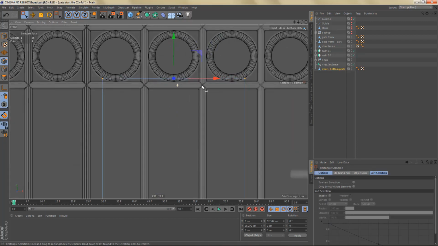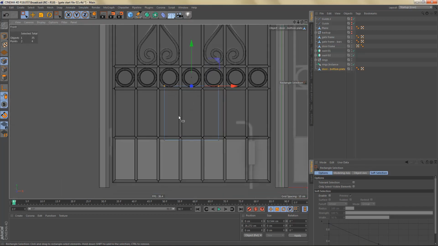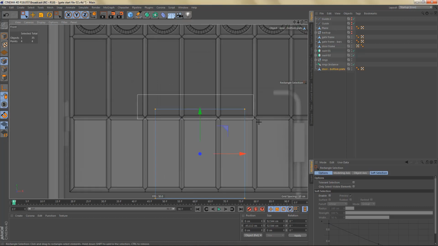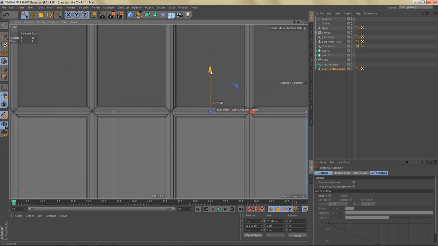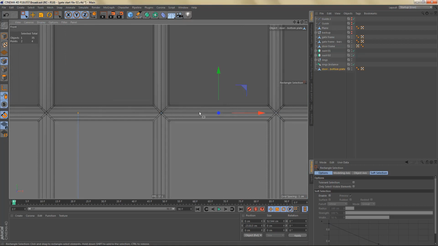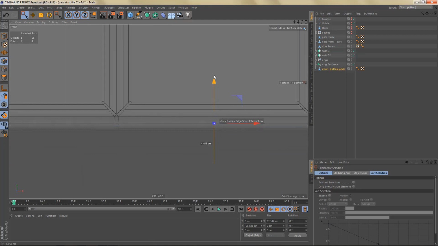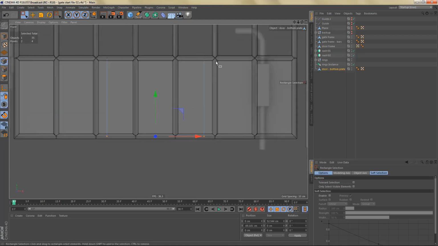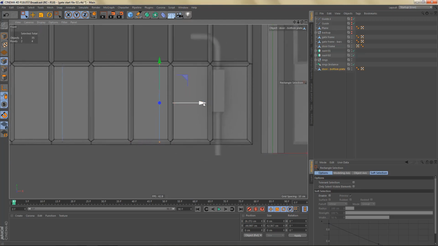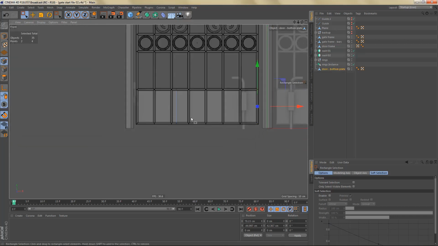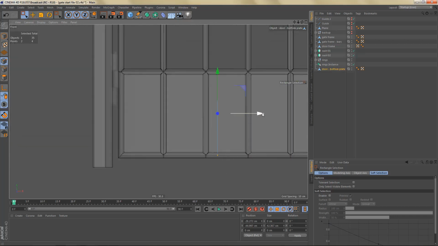Select the points up here, and oh, I snapped it to the wrong polygon. Never mind. Let's just grab all of these points and move them down to here. And then I'm going to snap these points to the center line of this horizontal bar here. Let's move these points up and snap them to here. And I'm going to move these over, snap them to there. And these points I'm going to snap to the center line